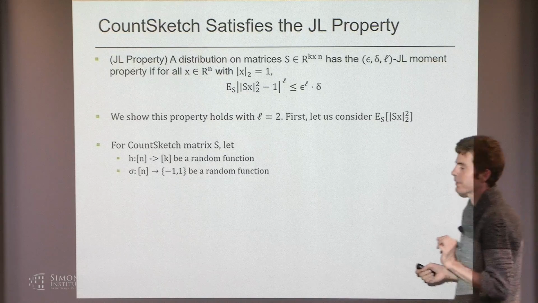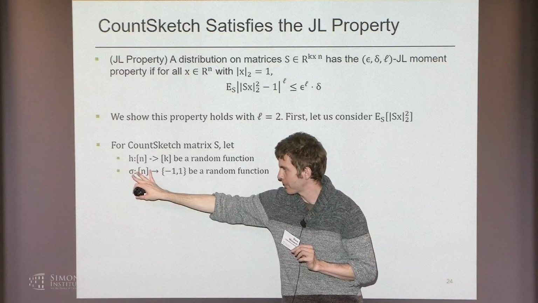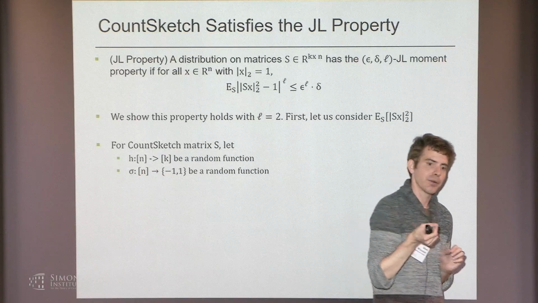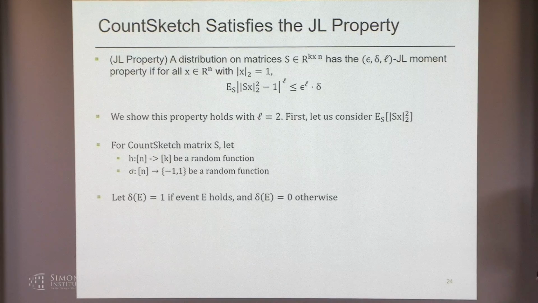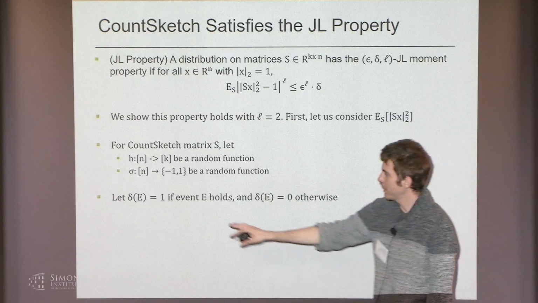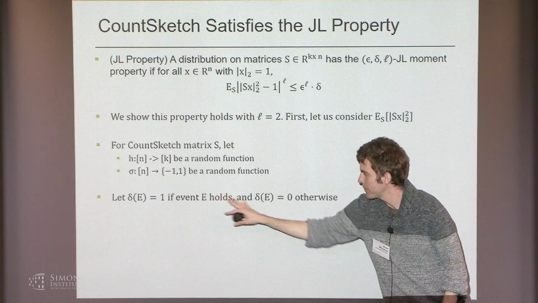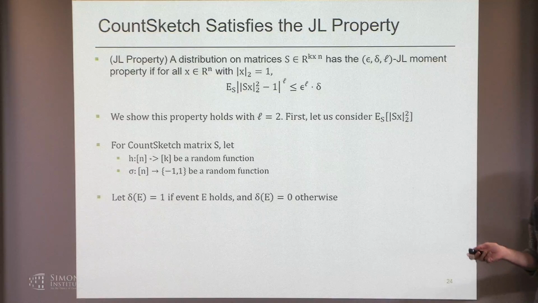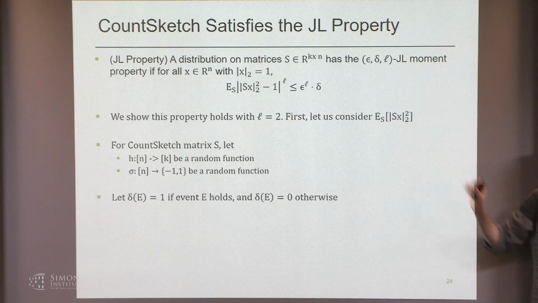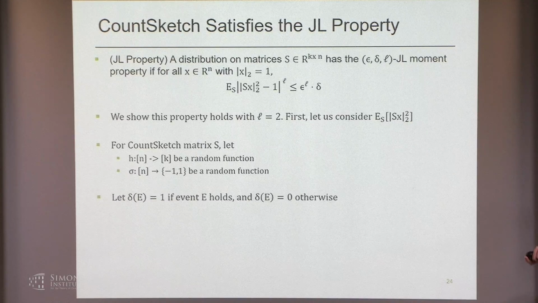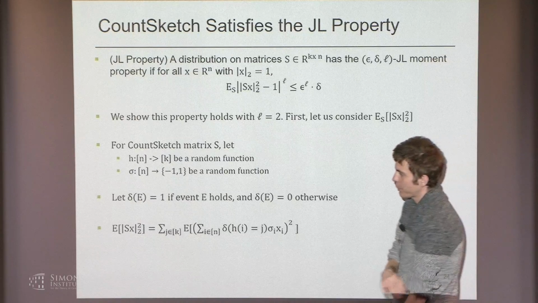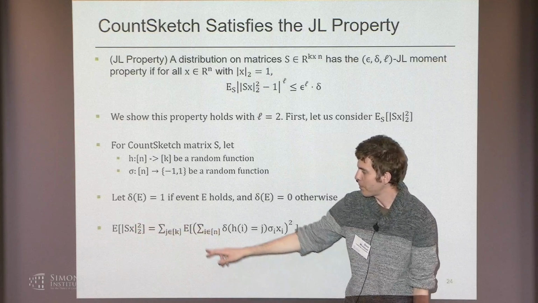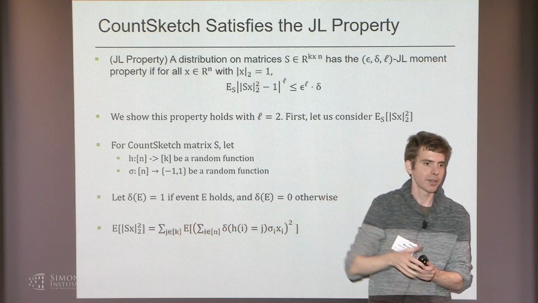And there's also a sign function. So for each column, this sign function sigma tells me the value on that non-zero entry. Is it 1 or is it minus 1? And let's just let delta of E be 1 if some probabilistic event E holds. Otherwise, delta of E is equal to 0. And let's just compute this expectation. It's very straightforward. So the expected squared norm of Sx, well, it's the sum over the k coordinates of Sx of the